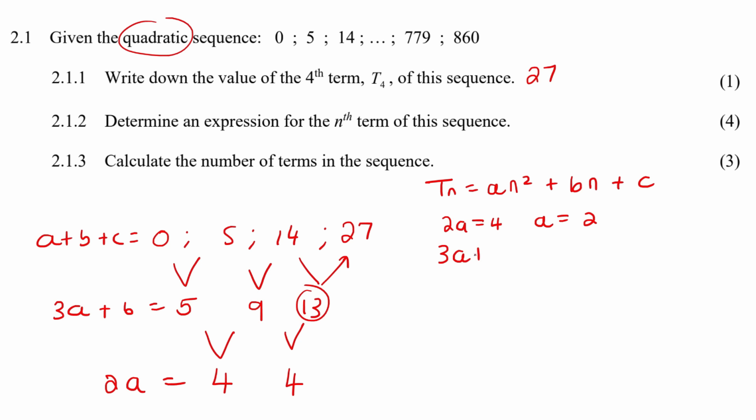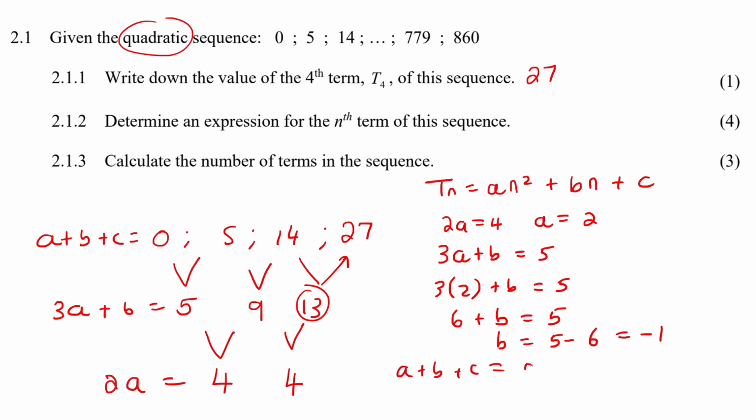Now we go to the next one. 3a plus b equals 5. So we fill in a as 2, and then we say 6 plus b is 5. And then b would be 5 minus 6, which is minus 1. Then we use this one over here. So a plus b plus c equals 0. So a is 2, b is minus 1. And if we solve, we would eventually get that c would be equal to 1 minus 2, which is negative 1. And so your final answer there, well, we'll double check it now, but it looks like